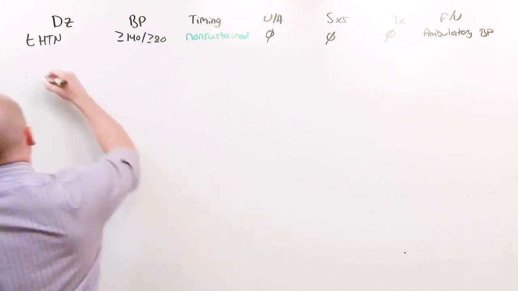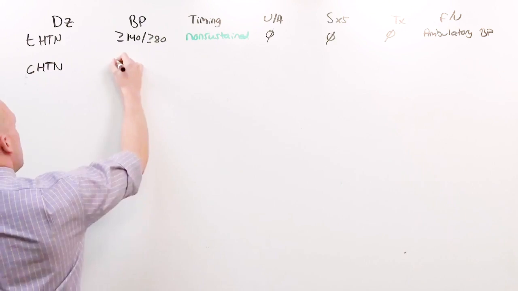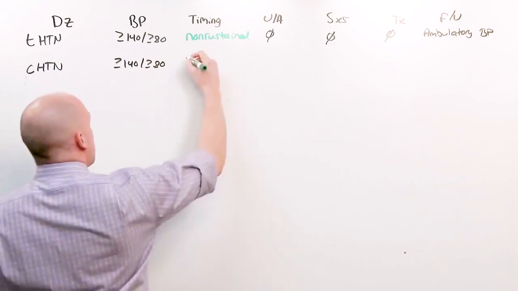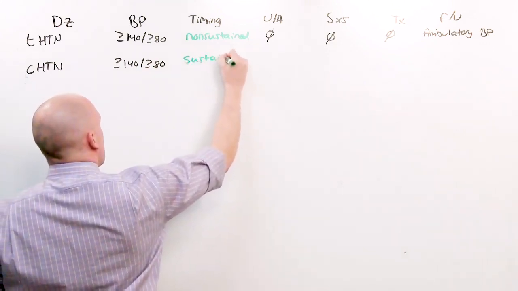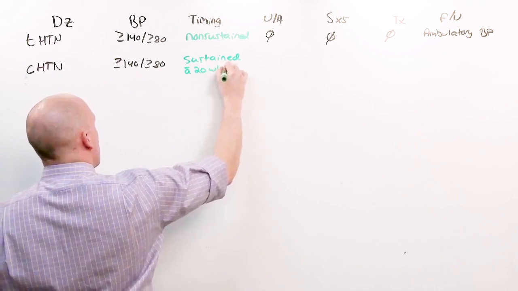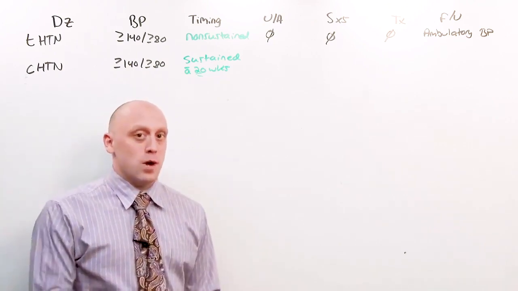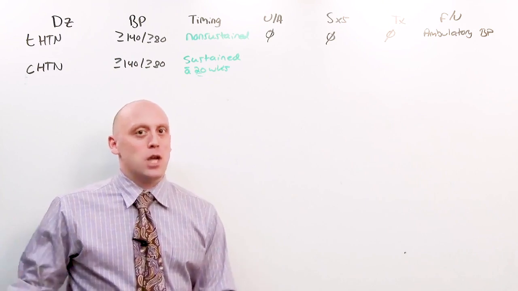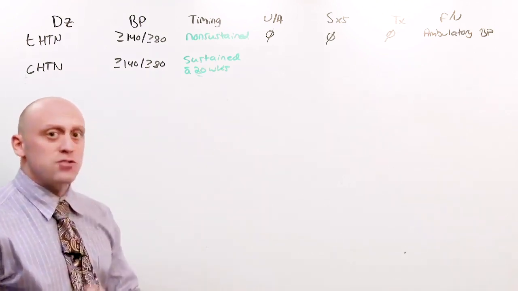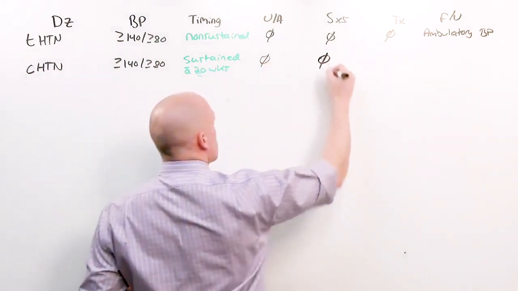That's different than someone who has chronic hypertension. This is what we talk about in the medical disease lesson. Same cutoffs, 140/80, but this is going to be a sustained elevation in the blood pressure, but the onset is before 20 weeks. 20 weeks is going to be our cutoff for all these diseases. Chances are someone who has chronic hypertension is going to know it before she gets pregnant, but the cutoff is 20 weeks. Because it's just hypertension, the urinalysis will not show anything, she'll have no alarm symptoms, but you will